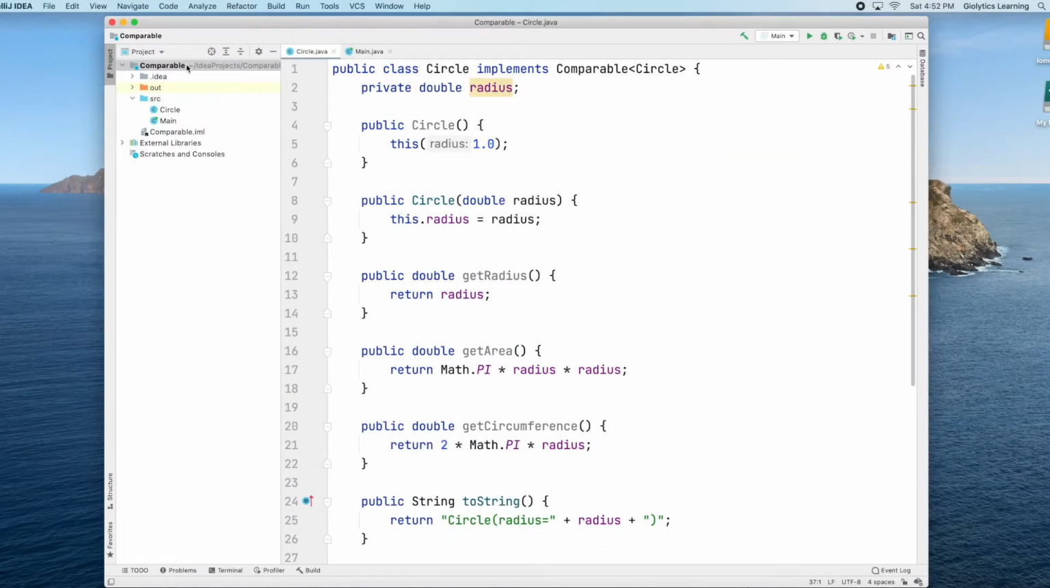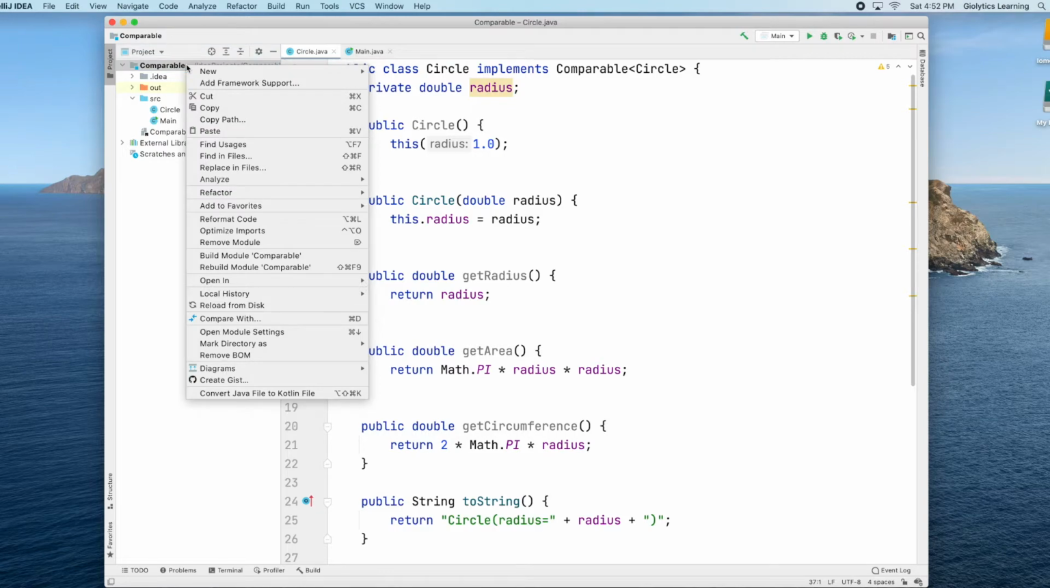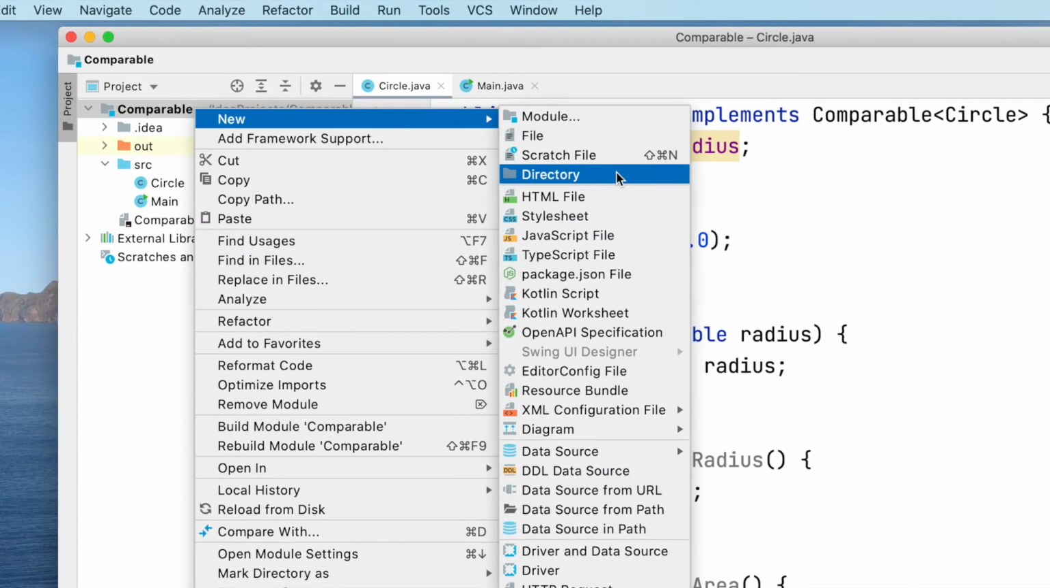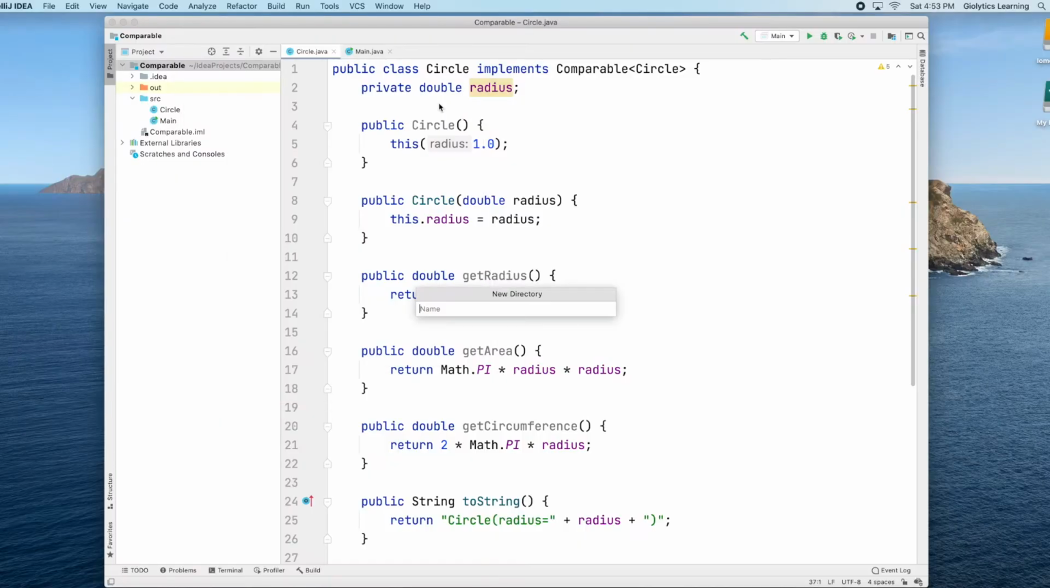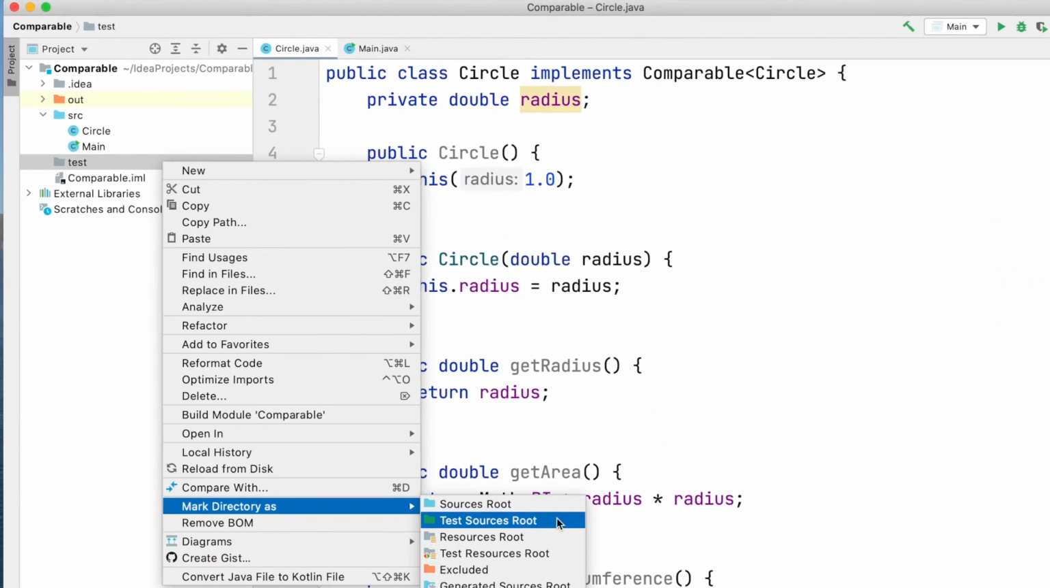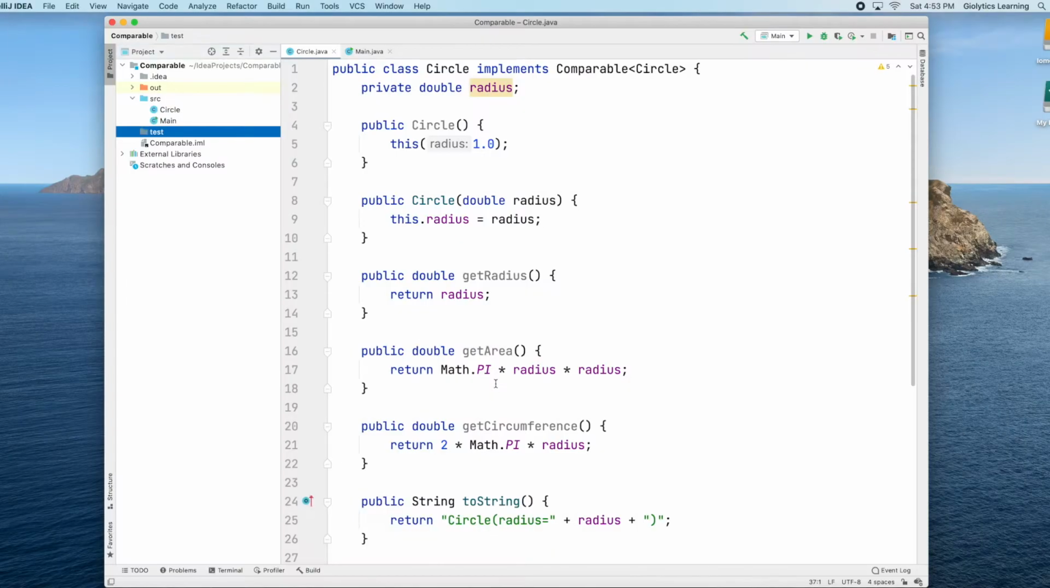It's a good idea to separate the test code from the working code, and it's common to store the test code in a test directory. Let's create a test directory in our project. After that, we need to mark the test directory as test sources root. To generate a template for testing the circle class, click on the class name and then choose Create Test from